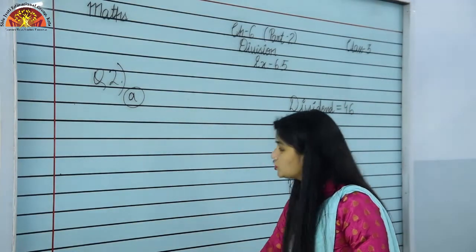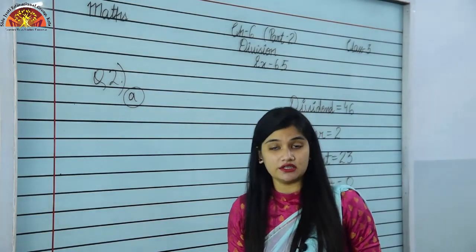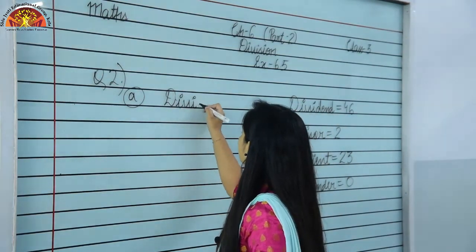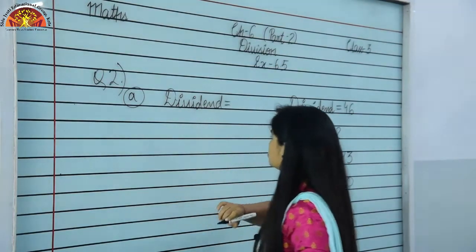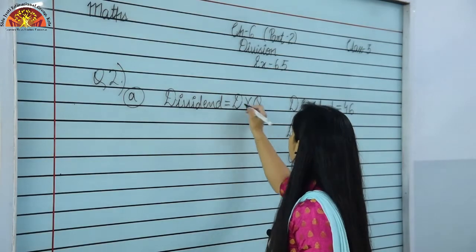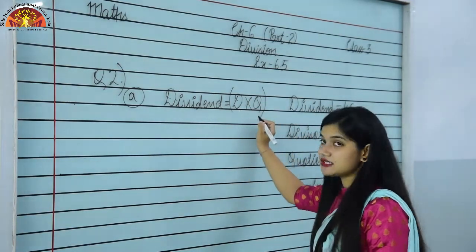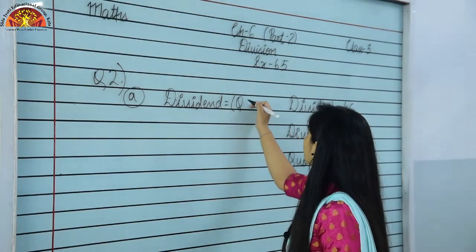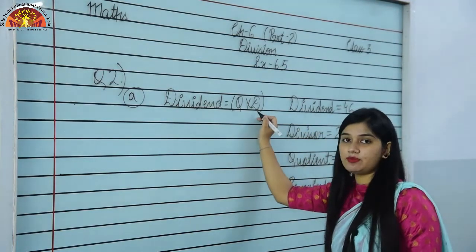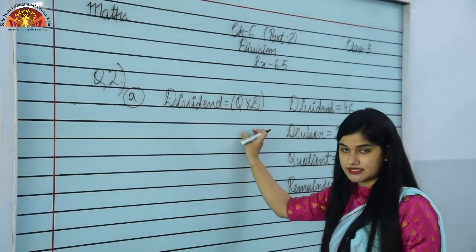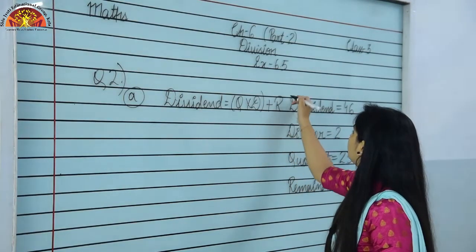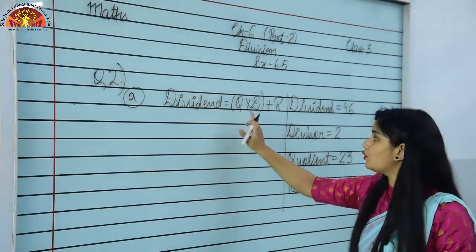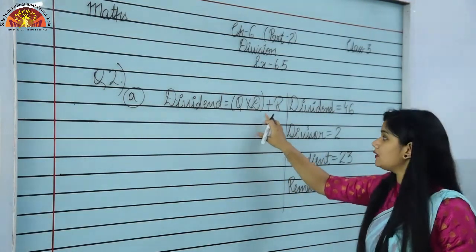So what we have to do to check the answer, to check the division, we have a formula. Now what is the formula? The formula is dividend is equals to divisor multiplied by quotient. हमें divisor को quotient से multiply करना है और we can do quotient multiplied by divisor. हम quotient को divisor से multiply करें या divisor को quotient से multiply करें, these both are same thing, and then we have to add remainder. So students, what is the formula? Dividend is equals to quotient multiplied by divisor plus remainder.